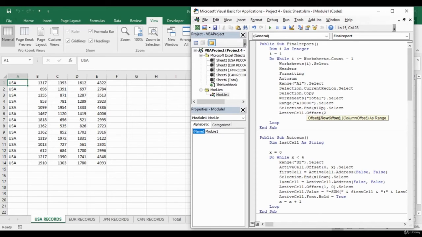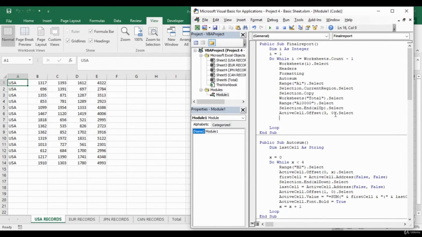So you can give 2 or 3. I'll give 3 here. You can give whatever you want. It should not be 1, and I'll explain why you should not give 1 once I implement it. It should be 2 or 3. And then you need to paste the data, right? You can go there and paste the data. That's why we have done all the analysis. You have to paste the data in the active sheet.